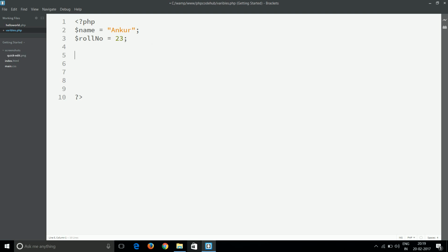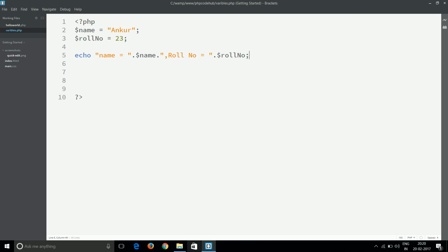Now we can print these variables with echo name is equal to, and we concatenate the strings by giving dot, dollar name, again dot and double quotes, then roll number equals to, dot, dollar roll number and semicolon.